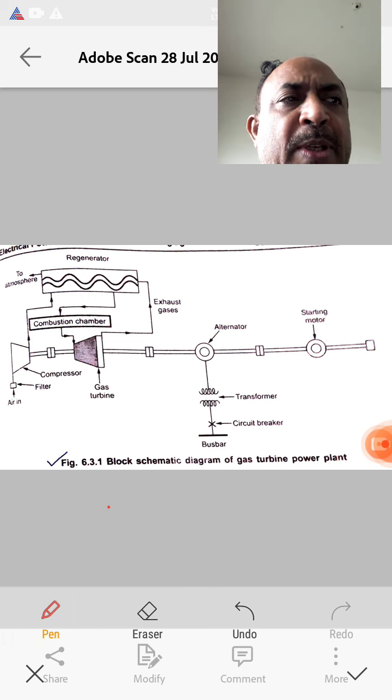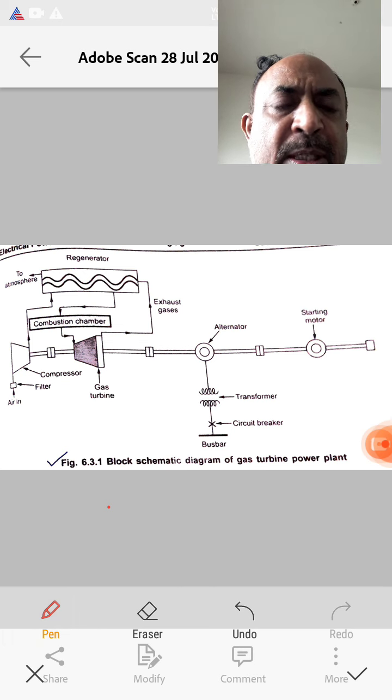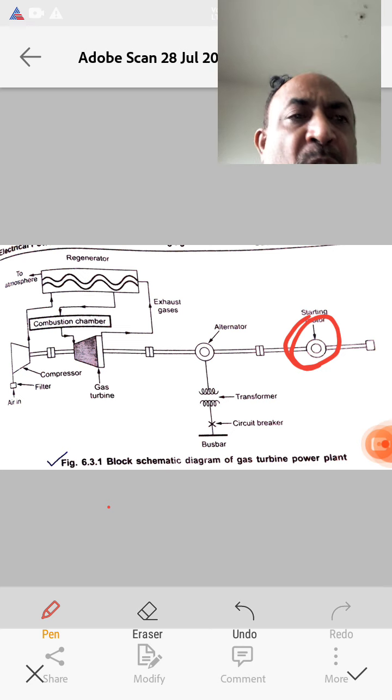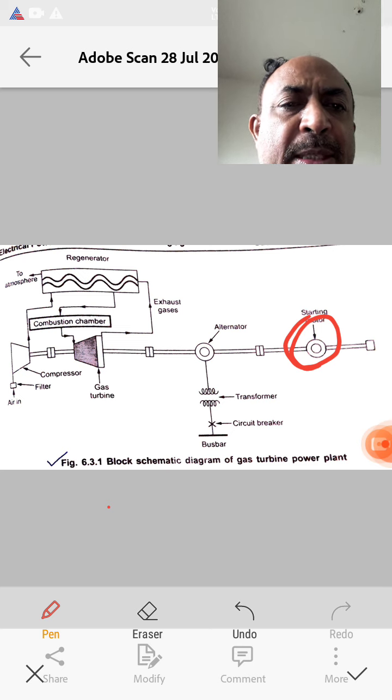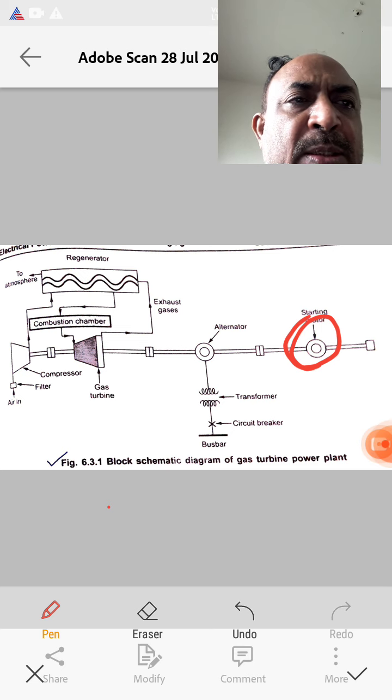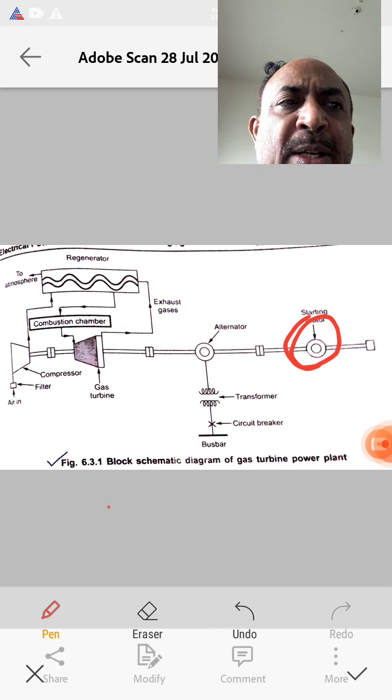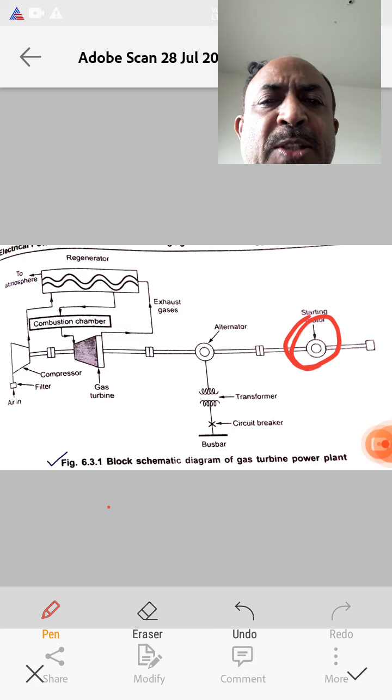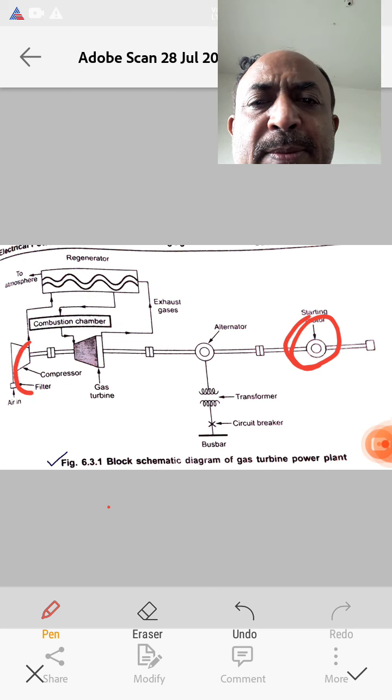One more component of the gas turbine power plant is the starting motor. This is the starting motor. Before the gas turbine starts, it is necessary to start the compressor.